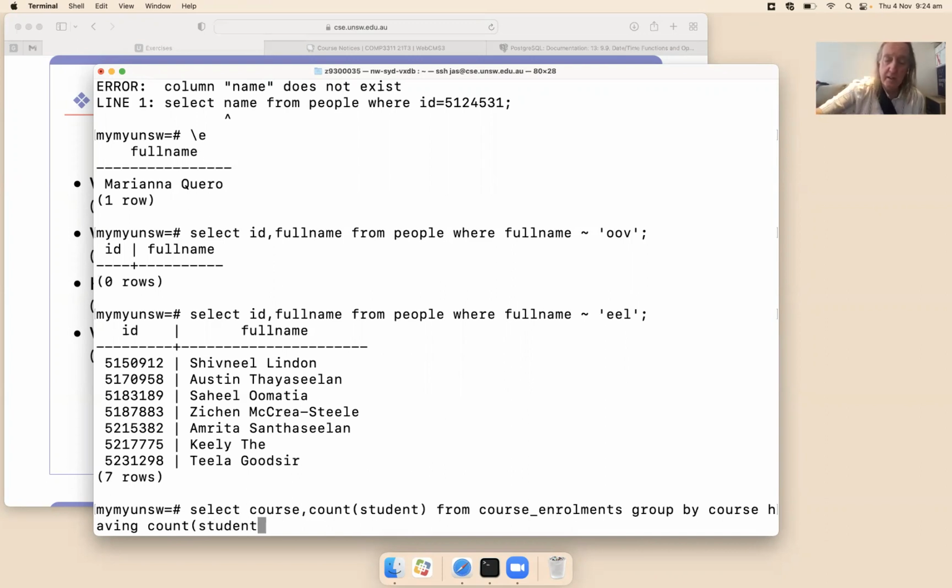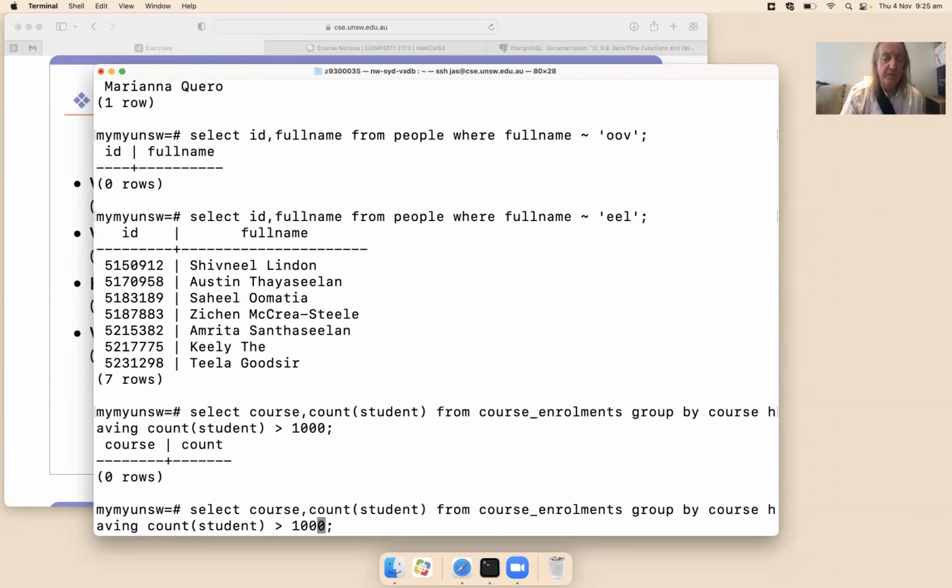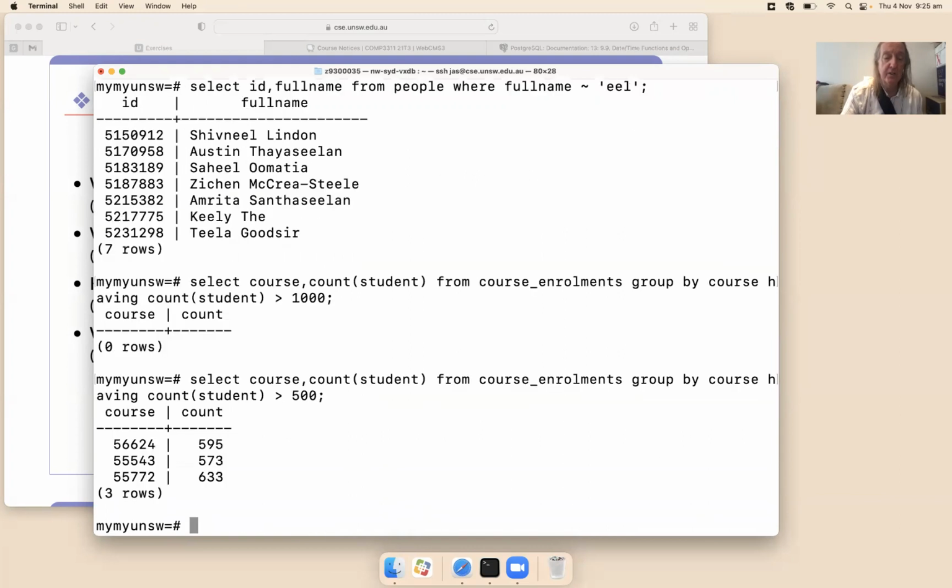Student greater than 1,000, because this is a cut down database. There probably won't be any. Let's try 500, may not even be any like this. Oh, there are a couple. Cool. Of course, this doesn't tell me what subjects they are, so I'd have to do a join on the subjects table, or